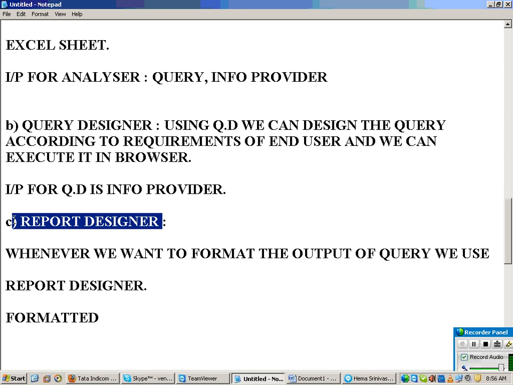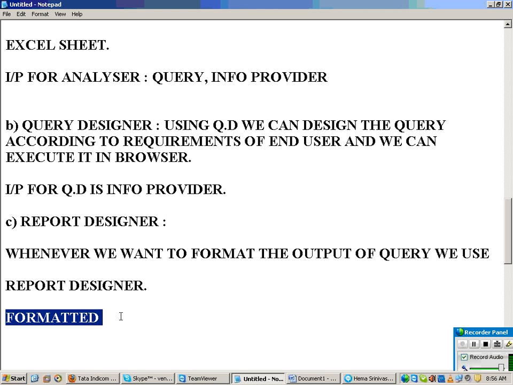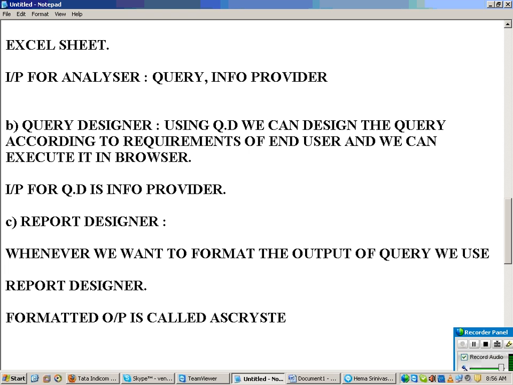So the formatted output is called a crystal report, and I can design crystal reports using the report designer.